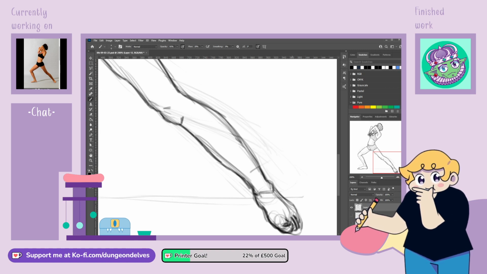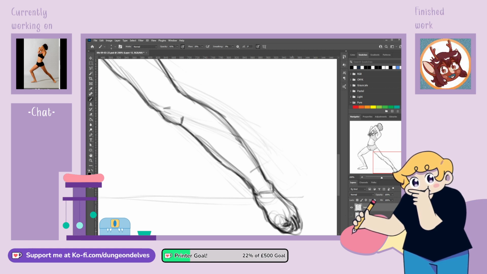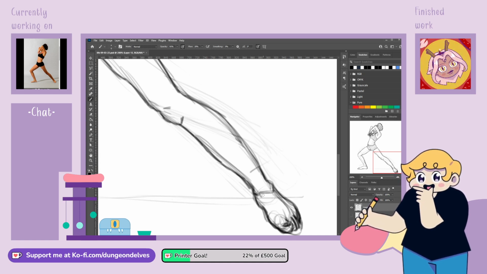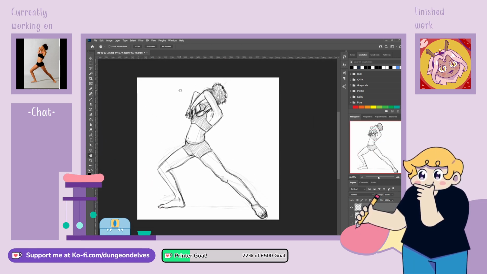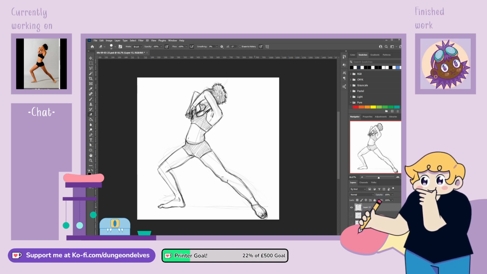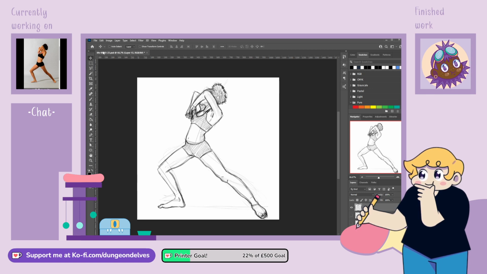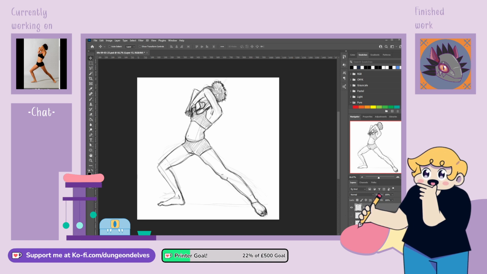But I think that's quite a good way of going about it, to be honest. 1, 2, and then we've got these toes coming in on top. Do you know what? That's not bad. It's not a thing I usually say about feet, especially if I've drawn them. It's not bad. I'm happy with this pose. I think I've captured the essence.